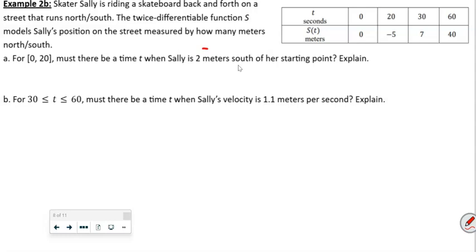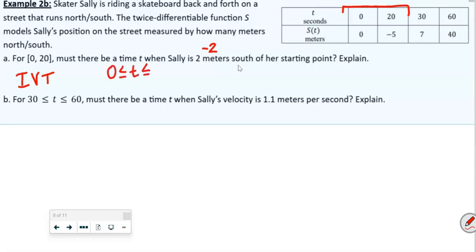Okay, so this is going to be a -2. That's the trick to this question, of her starting point and explain. So again, this is going to be IVT, intermediate value theorem, because we're trying to find out if there's a point between 0 and 20 where S of t is going to be -2. So again, we're looking between 0 and 20 right here, right? So when the time is between 0 and 20,